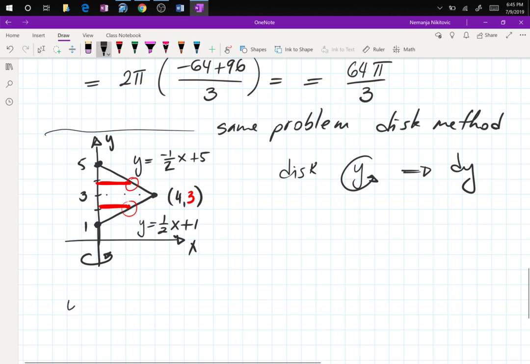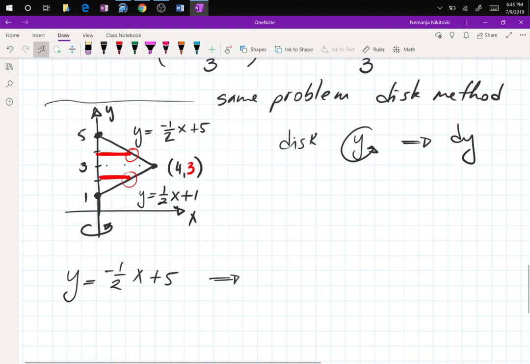So the y equals negative 1/2 x plus 5 will be changed into, you subtract 5 and multiply negative 2 everywhere. So x equals, right, you will have y minus 5 and then times negative half. So y minus 5, and times 2. So that's negative